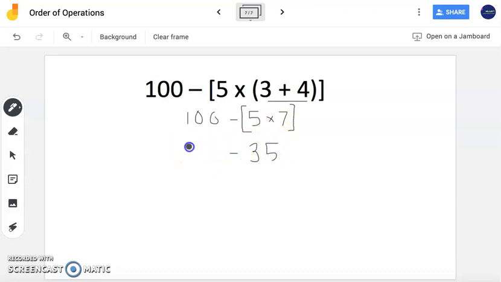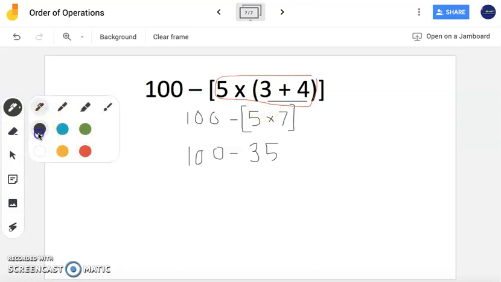And now I have 100 minus 35. So notice here, I took this entire expression and basically did this first on its own and then brought back the 100 minus whatever this number is going to be, which happened to be 35. Now to finish off this problem, all I have left is 100 minus 35, which now we're left with 65